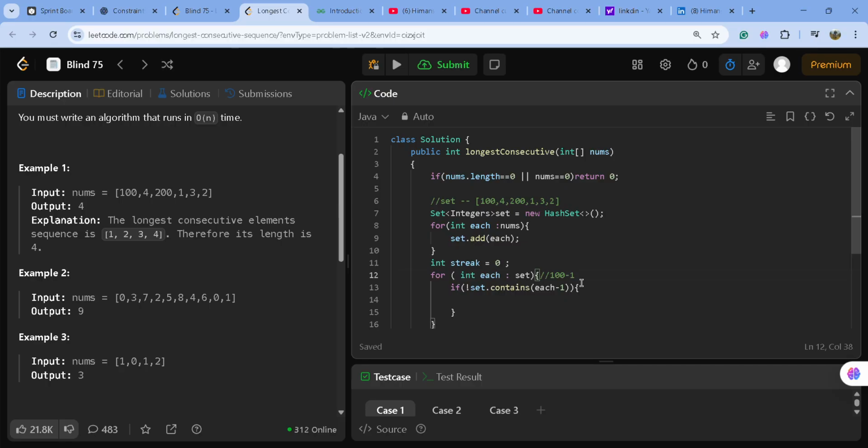If our set does not contain a value of each minus 1, that basically means if our 100 minus 1 is equal to 99, then our streak is starting right here. This is the first time I am encountering an element that I need to count, in how many consecutive elements streak does it have. So basically, what do we do? We update our int streak to 1, and also